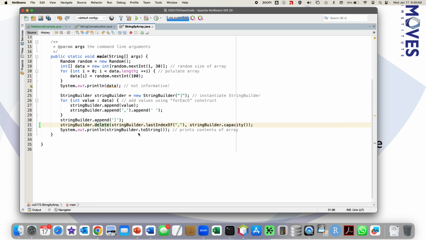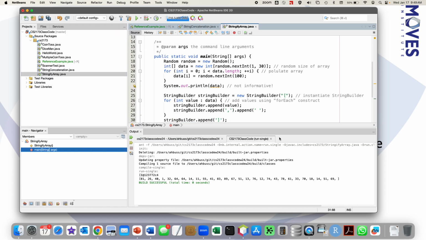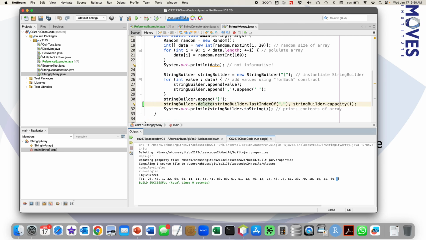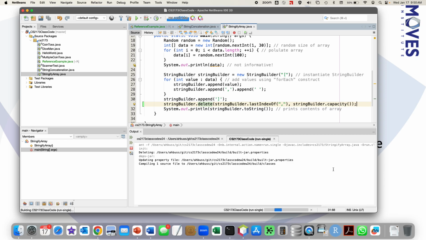So what that's going to do is that the last index of comma is going to be this one. Because I haven't appended the bracket yet, the capacity is then going to delete this. And so what this line will do is cut off that last little bit.